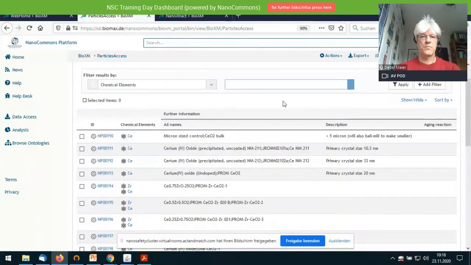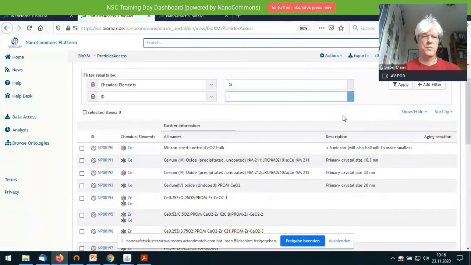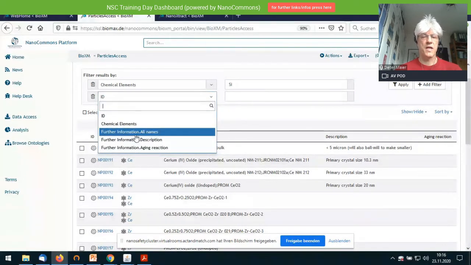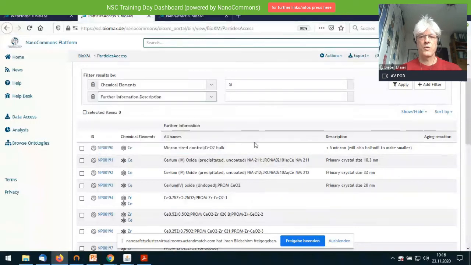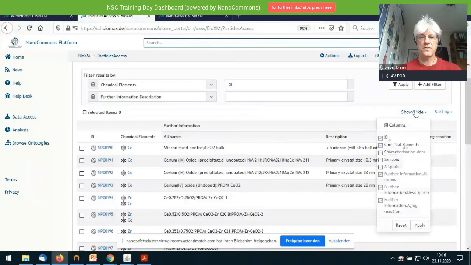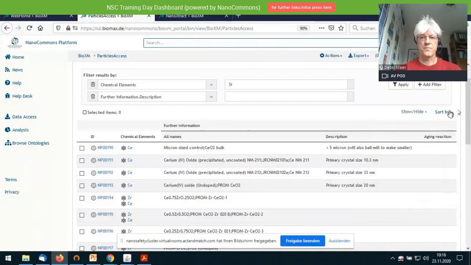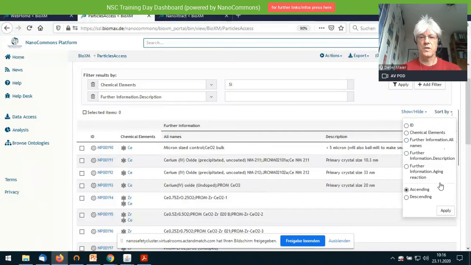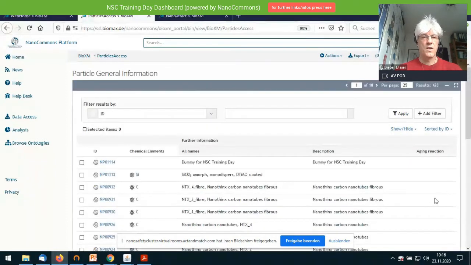You can have multiple filters. So you could go for, let's say, description and the chemical element. You can actually show or hide different columns. So as you see, I was hiding samples and aliquots here because that's right now not important. And you can sort by columns. So you can, for example, sort by ID in ascending or descending way. And I'm sorting in descending way right now because